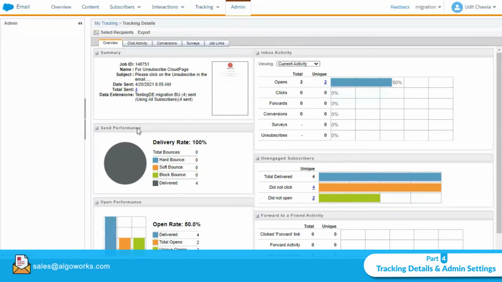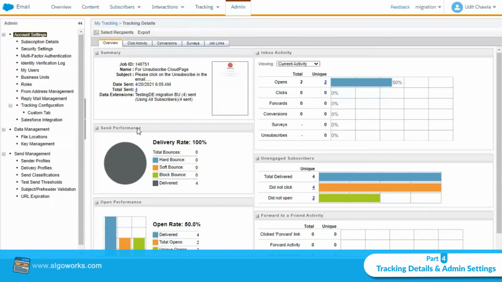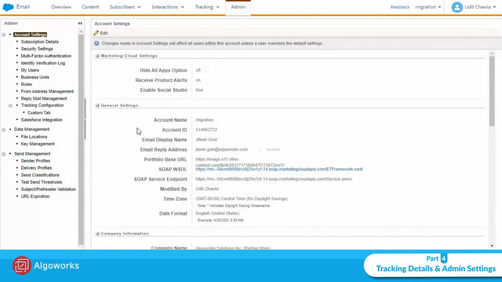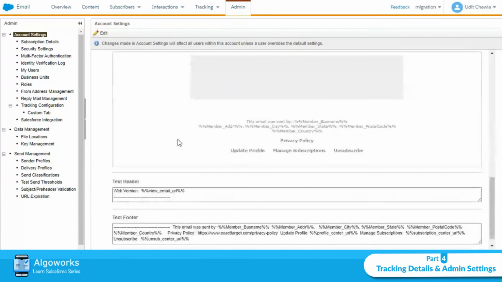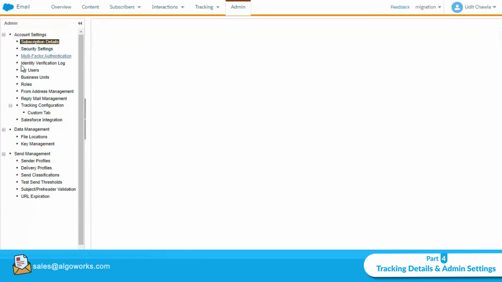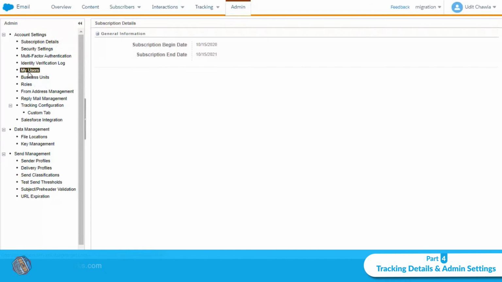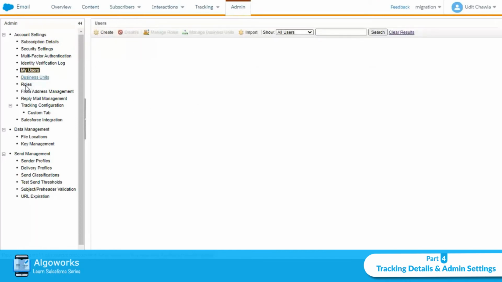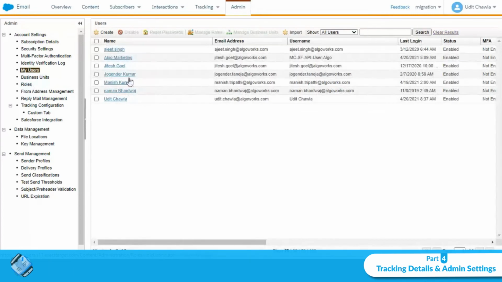Next part is admin. All of the configurations related to our Marketing Cloud account reside here, all of the information related to my account. As you can see, header, footer, subscription details, security settings, how many business units are available over here, how many users I have, and what roles I have provided to my users.